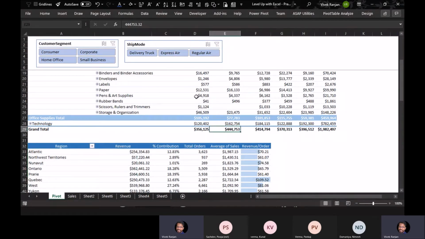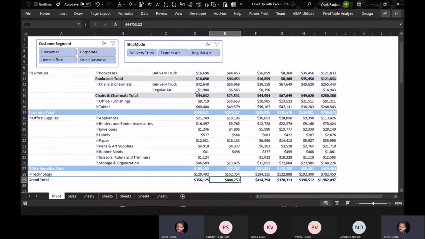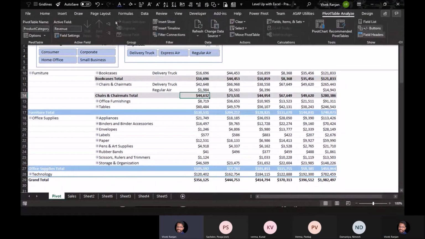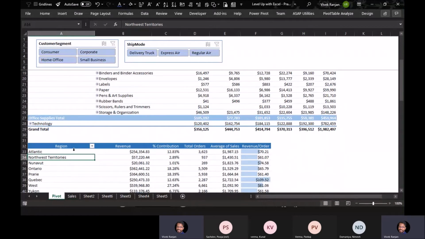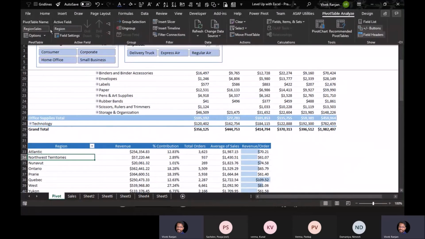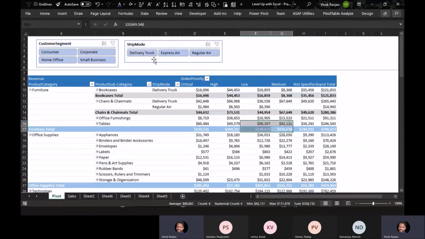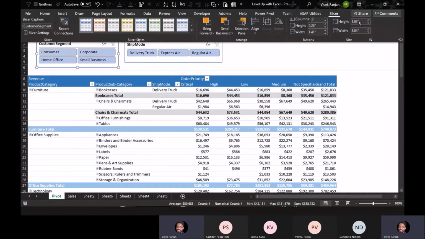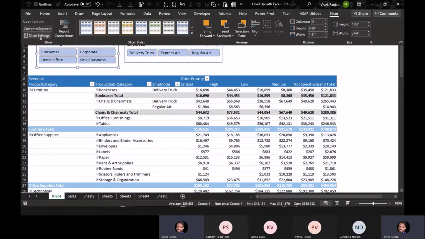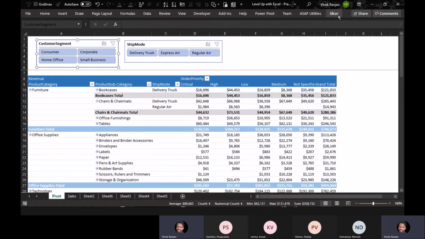So now I have two pivot tables in my Excel worksheet. One is product category sales and another is region sales. Now when I select a slicer, I can go to slicer and then there are two options. One is slicer settings and second is report connection. What we are looking for is the connection to the report. So if I select the slicer customer segment and go to slicer and report connection,